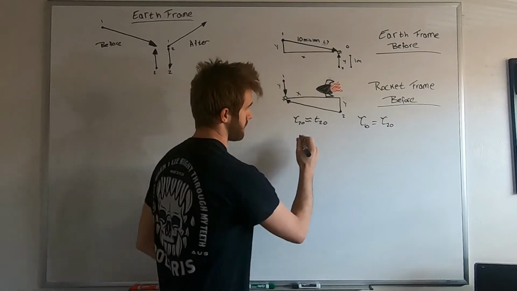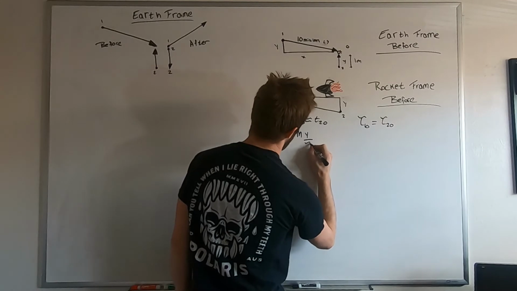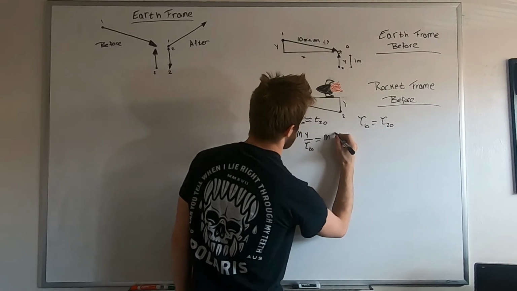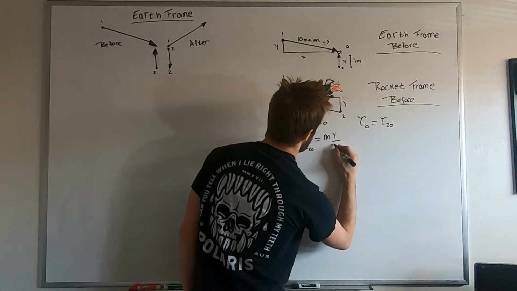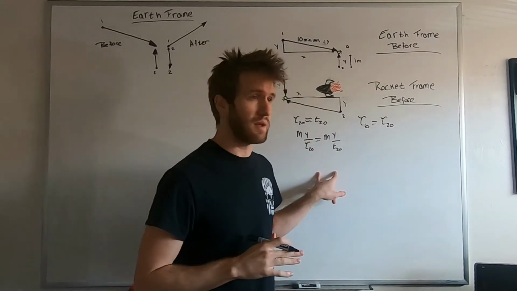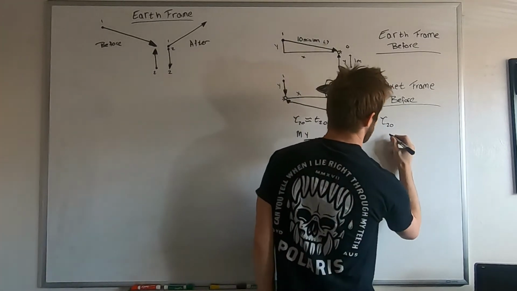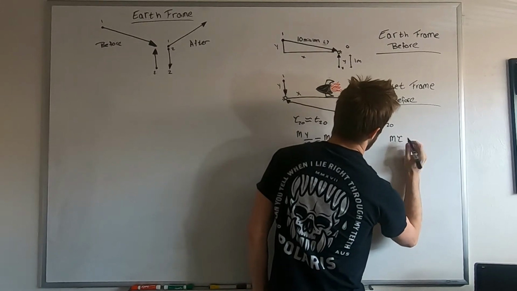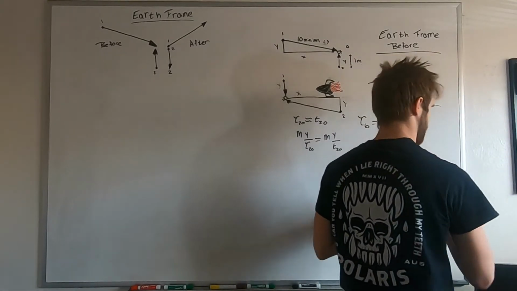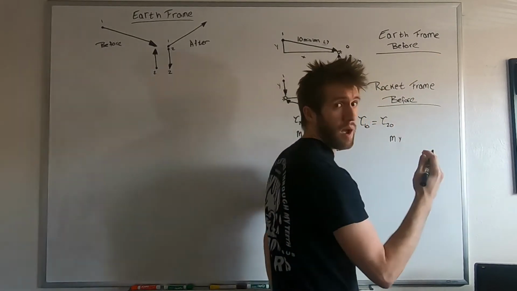So if we were to do that, we would have m times y over tau from 2 to 0 is equal to the mass times the y coordinate over the measured time from the slow-moving frame. Now, this is frame dependent. This is not. If we were to write out the frame independent version of this, it would just look like that. So we would just have m y over tau